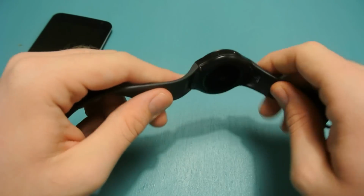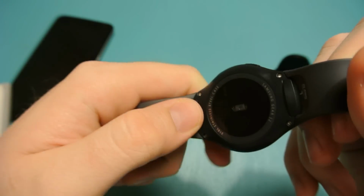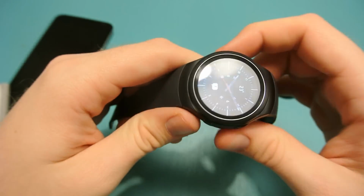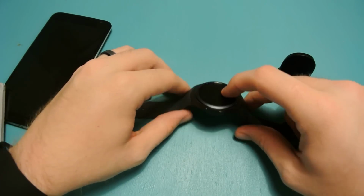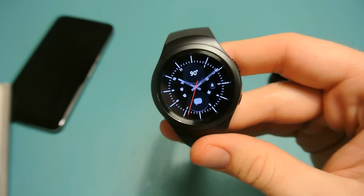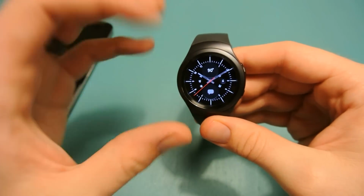You can't do it. You would have to take the bands off, which I still don't know how to do. I didn't read through the manual. There's some kind of release with these buttons, and then they slide away or slide off. But you cannot put this on your own wireless charger because it sticks up, and there's nothing you can do about it. So I don't like that. That annoys me because I have a wireless charger at work. Again, amazing battery life, so it's not a big deal,